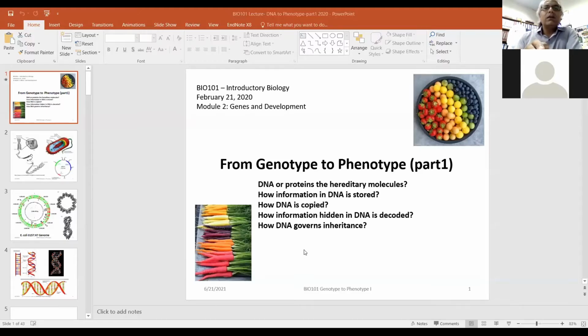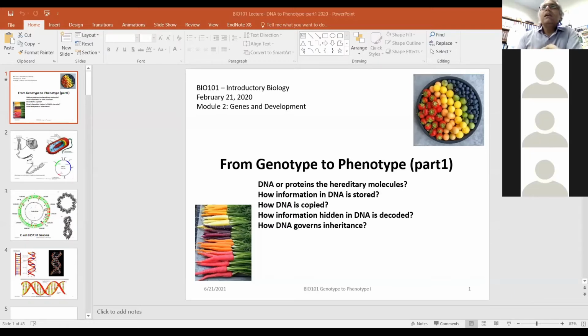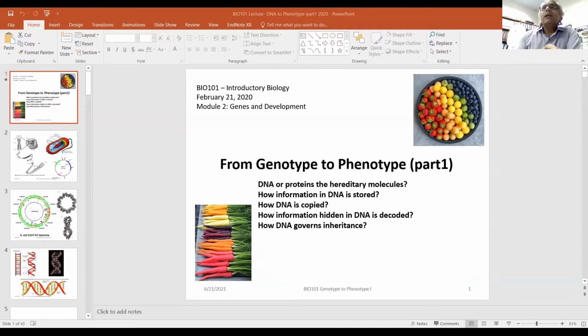this computer. Okay. So do you all see my screen? Yes. Yes. Good. Okay. So